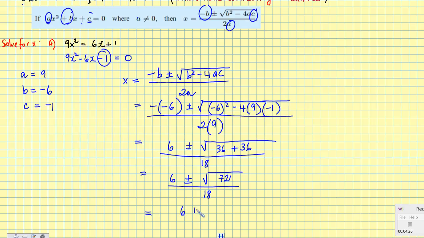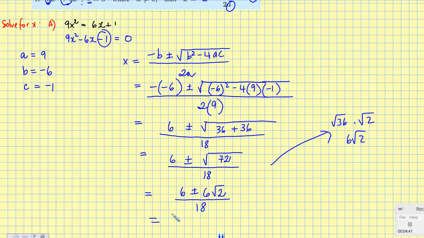So we'll say 6 plus or minus, now this is like saying, I'll just put this off to the side, root 36 times root 2, which is really 6 root 2. So it's 6 plus or minus 6 root 2, and it's all divided by 18. So that, because 6 goes into 18, and that 6 also goes into 18, then I could say that 1